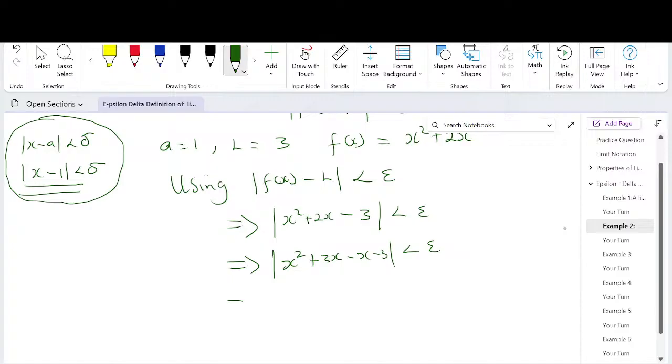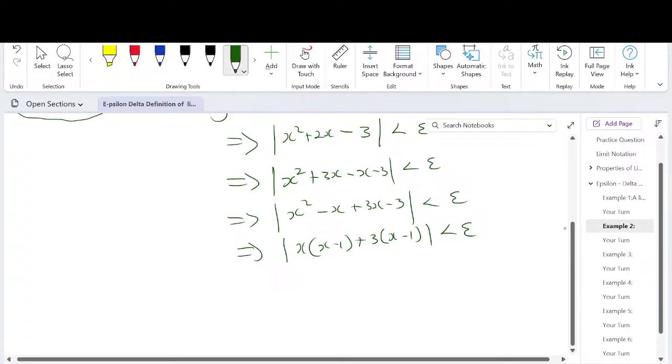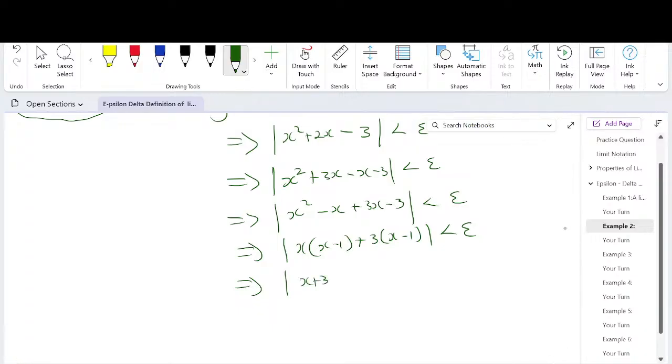So I can actually rewrite this because I want x squared to be x squared. So x squared minus x plus 3x minus 3, so that 3x can be 3 and it will be easier for me. So it implies that I can factor this now, x into x minus 1, then plus 3 into x minus 1, less than epsilon. So it implies that x plus 3 into x minus 1, so that is how to factor that,